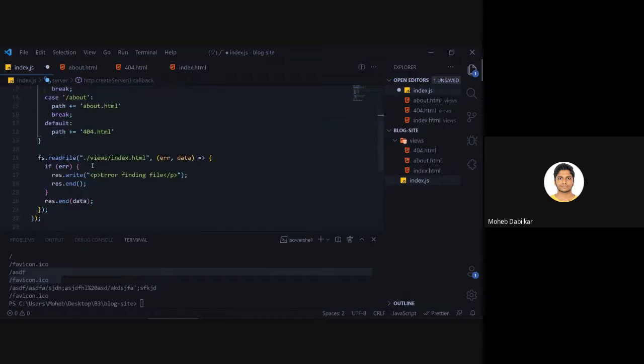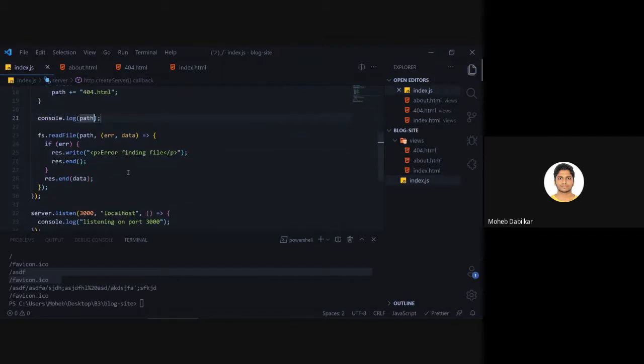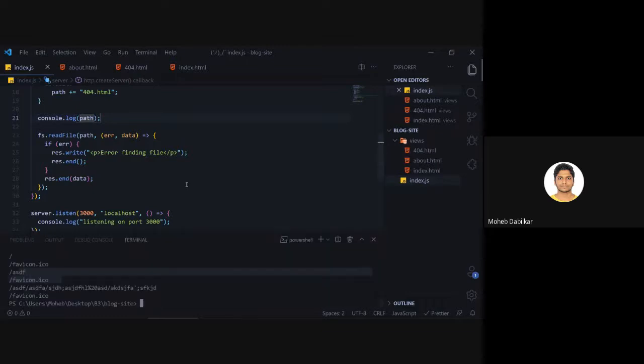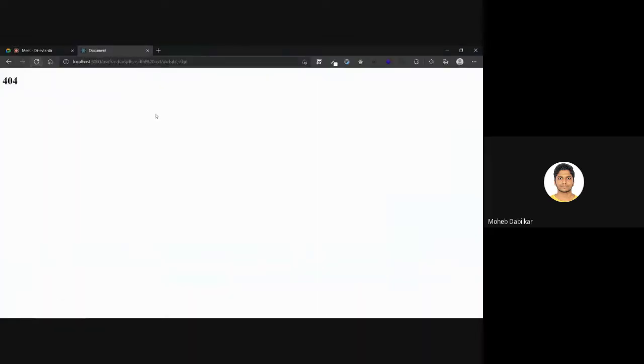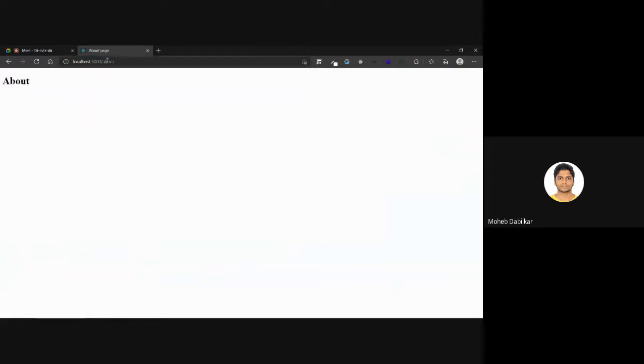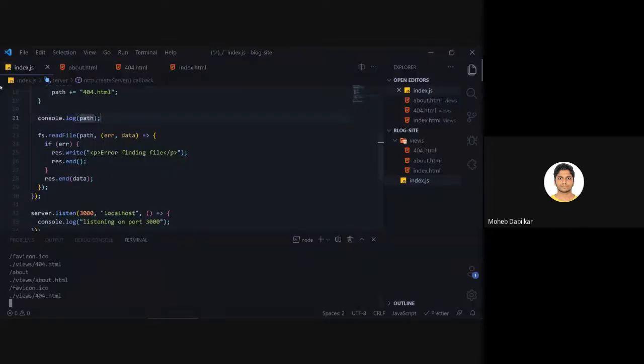Instead of saying this guy over here, we will say path. Let's just console log path for us, and hopefully it works. Let's go back over here and try and run it and refresh it. Yeah, you see, it gives us our 404 page. If we go to the home page, it says our slash, and if we go to the about page, it takes us to the about page.